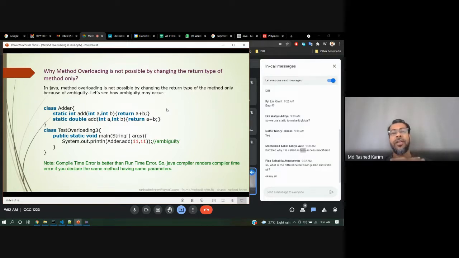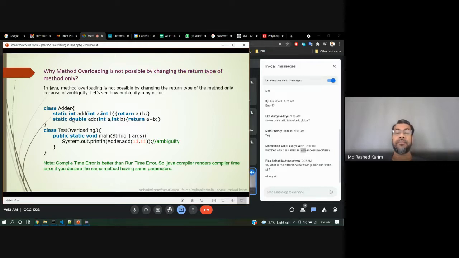Why is method overloading not possible by changing only the return type? Like, this return type is integer and this return type is double, but the parameter signature is the same: both have two parameters, and the types of parameters are all the same. Only the return type is different, integer and double.